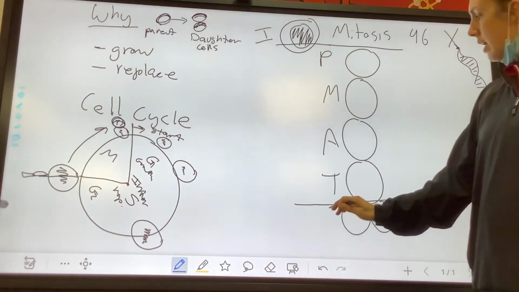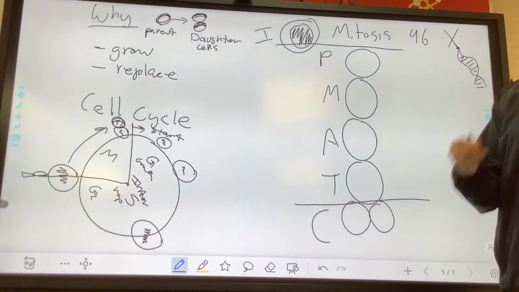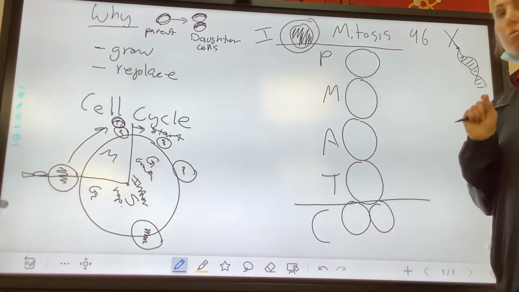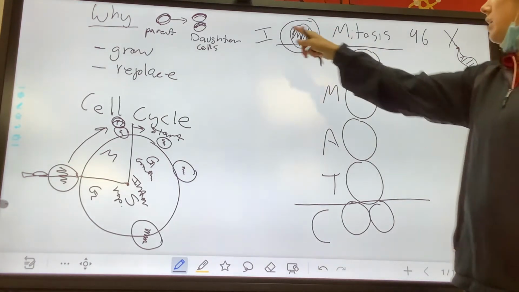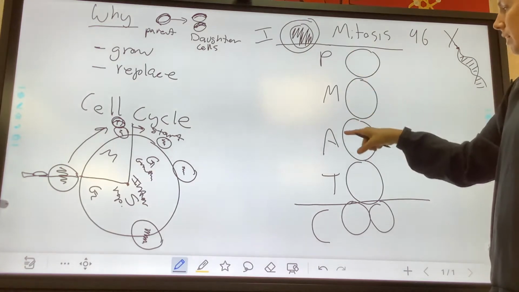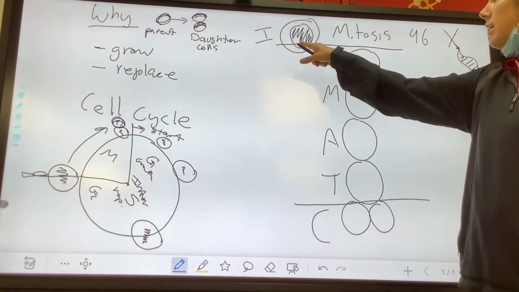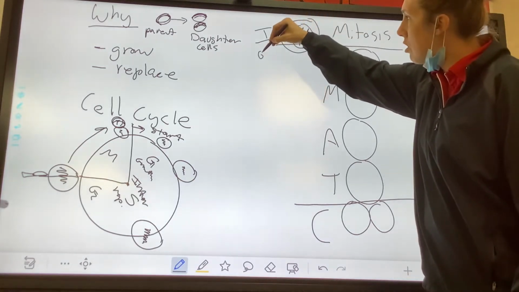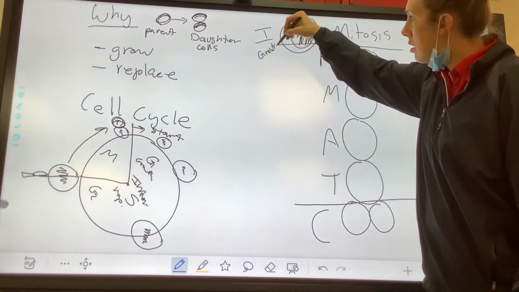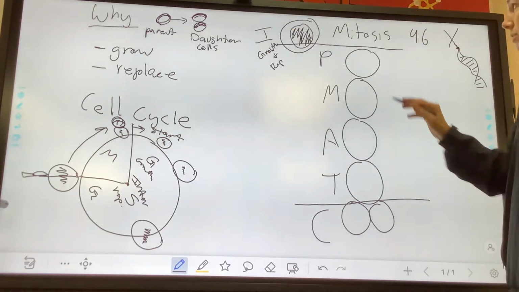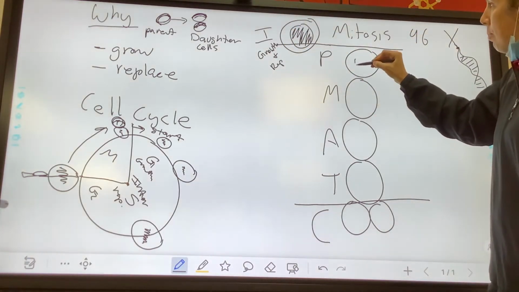Okay, and this last step, this is C. The mnemonic device that I teach my kids is, I passed my algebra test, cool. Interphase, prophase, metaphase, anaphase, telophase, cytokinesis. Okay, so in interphase, there's just growth and replication of everything, okay? Now, in prophase,